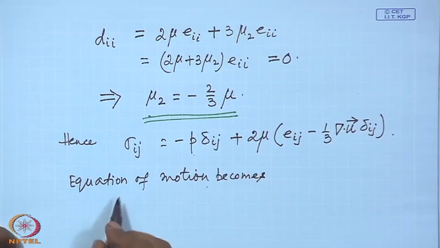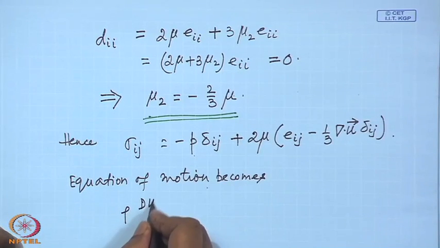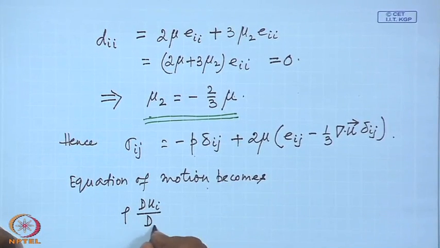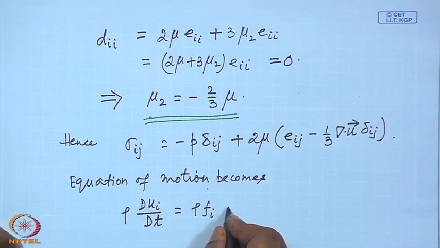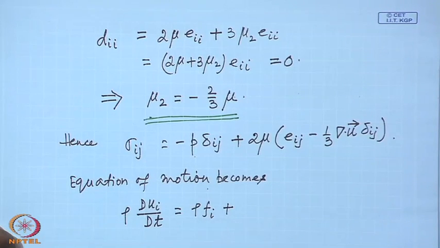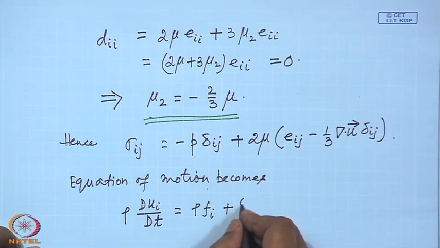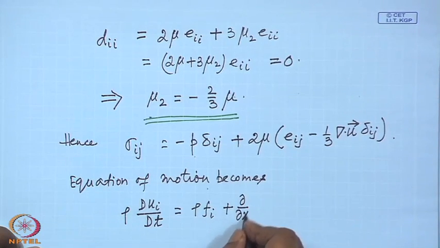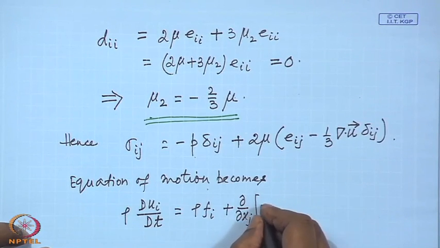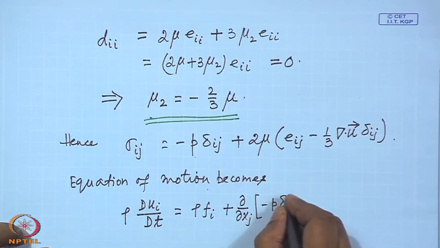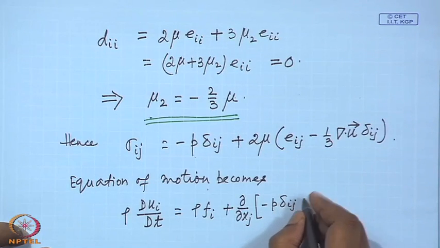Okay, now the equation of motion becomes, look back, rho Du_i/Dt equal to rho f_i plus d/dx_j of sigma_ij. So that we can now write d/dx_j of minus p delta_ij